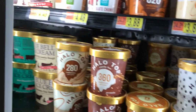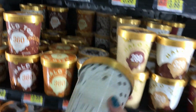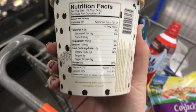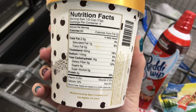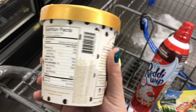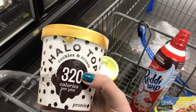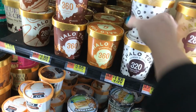This is like the holy grail of ice cream. This is Halo Top. I'm sure you've seen it. Let's see what we got here. So it says it has 16 grams of carbs, but you subtract dietary fiber and sugar alcohol, so that leaves you with 8 per serving. And there's 4 in this container. So eat it per serving or eat the whole thing. You decide. But it's delicious. And all of the stats on all the rest of them are relatively close to that. I actually already had that one in the freezer, so I'm gonna grab